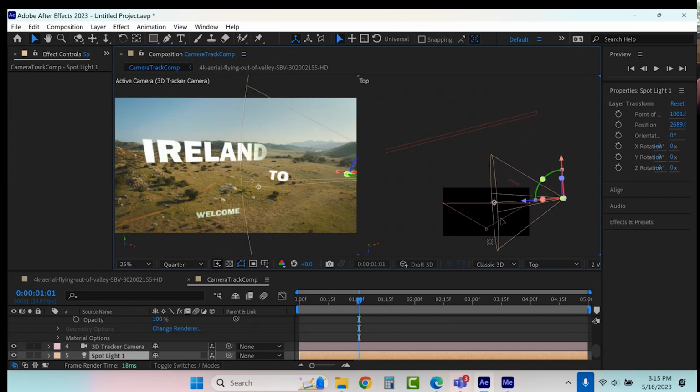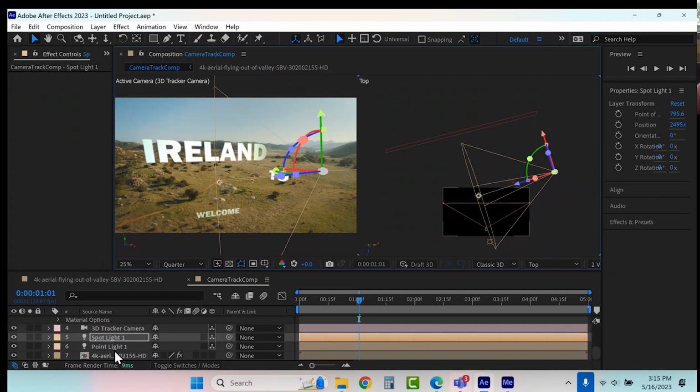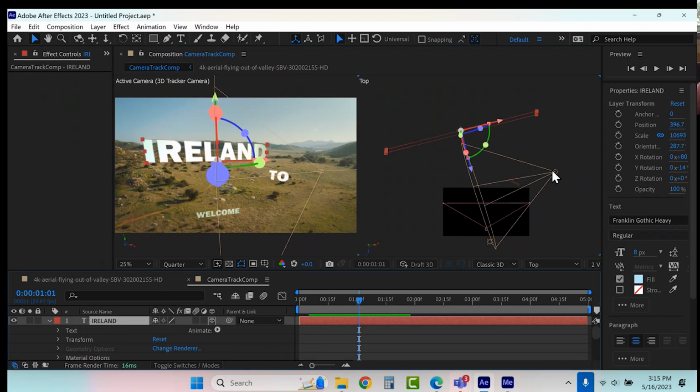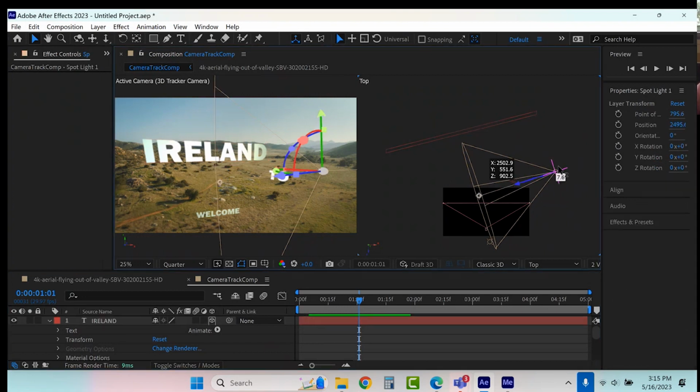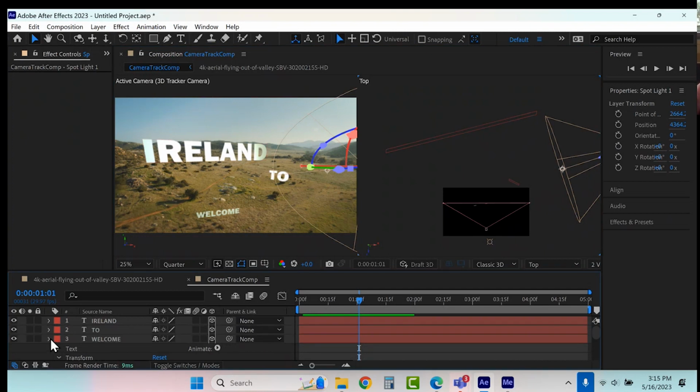Coming back across my layers. See that? It's actually aiming right to left, because the shadow on those rocks and everything is all going in that direction. Problem is, of course, where's my Ireland? Oh, see, my Ireland's all the way back there. That tells me what? I need my light even further away. So it's casting shadow in that direction. And that looks really cool in the way it's affecting the lights and everything. However, we still need to put some more cool things in here.